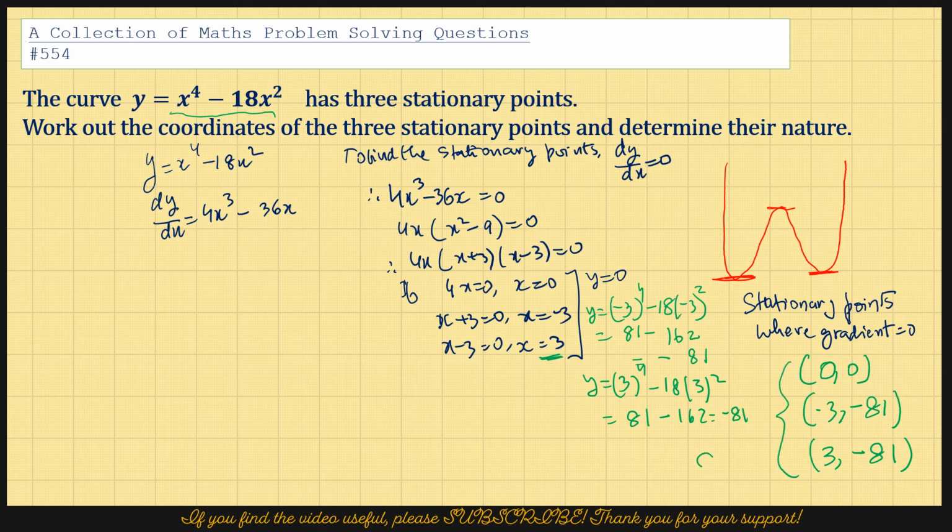So now we have to determine their nature. The nature is what happens to the curve after that. So is it going up? Is a point a maximum or a minimum point? To find the nature, maximum or minimum,